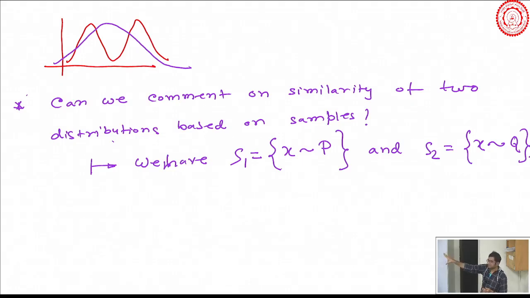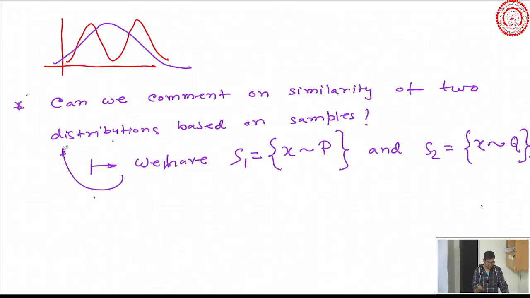So in that context, can we do this? Because if you can do this, can we not take it and do the same thing, right? So where we have these things, right? And from here actually this question comes. I'm not writing it again, but from here I'm asking the question that can we now comment on similarity of P and Q based on sets S1 and S2? If I formalize that question, that's what we are asking, right?